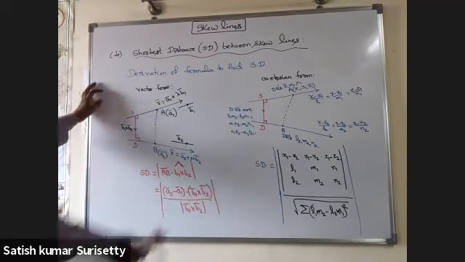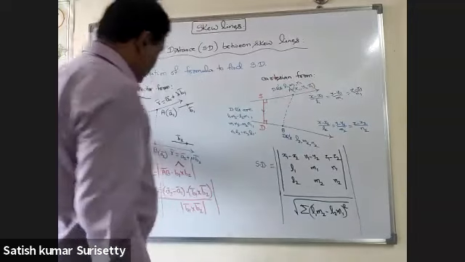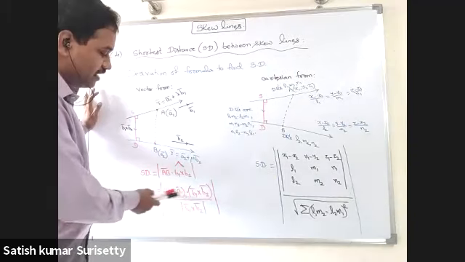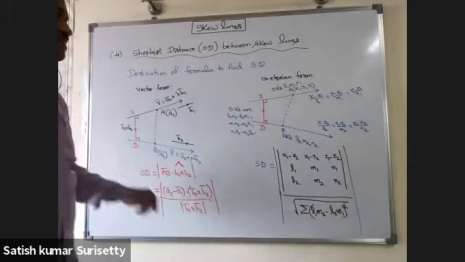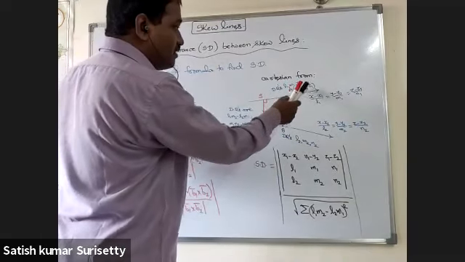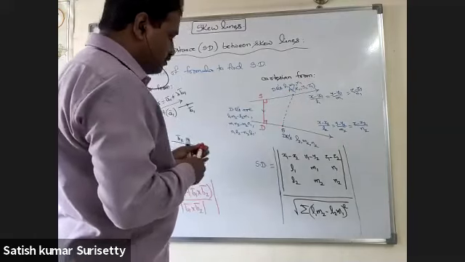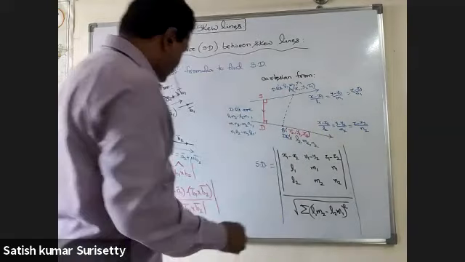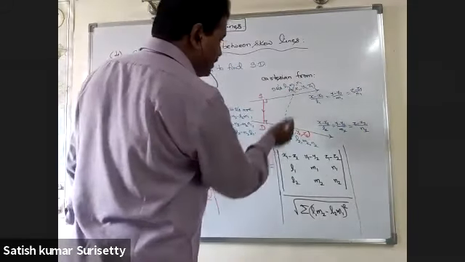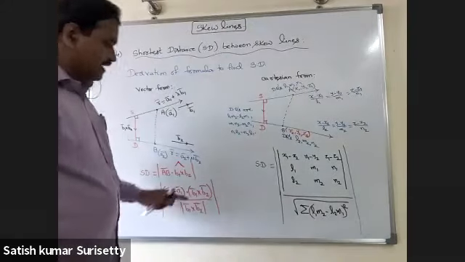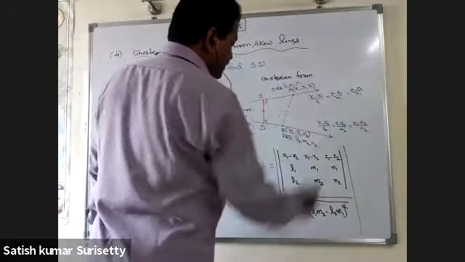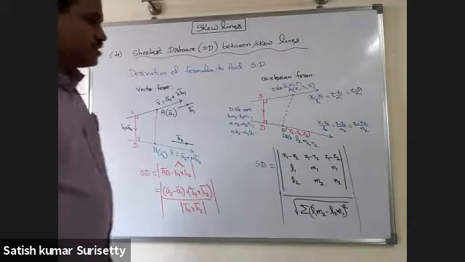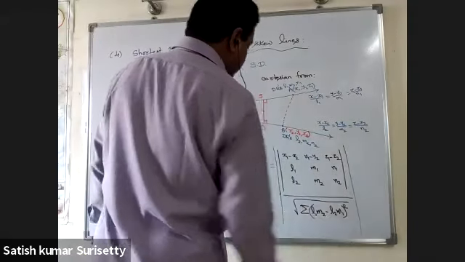Exactly in the same manner, you can correlate to the Cartesian form. Now, if you observe the numerator, it is a scalar triple product. So A2 bar minus A1 bar corresponds to the two specific points on line 1 and line 2. So here I can take A as x1, y1, z1, and B as x2, y2, z2. Then the first row corresponds to the difference of x coordinate, difference of y coordinate, difference of z coordinate. The second row corresponds to direction ratios of the first line, and the third row corresponds to direction ratios of the second line. And the denominator B1 bar cross B2 bar corresponds to square root of sigma (L1 M2 minus L2 M1) whole square.